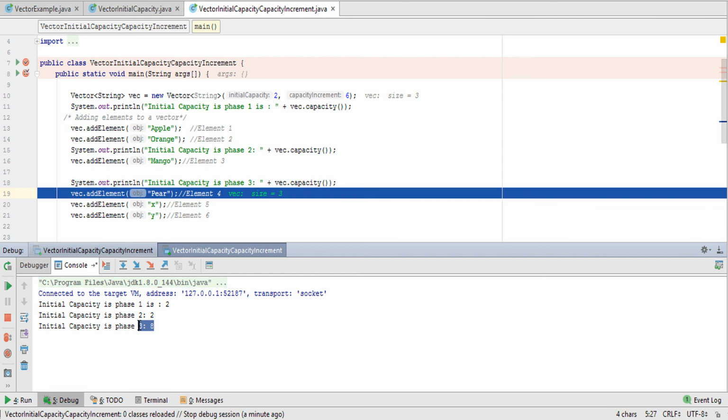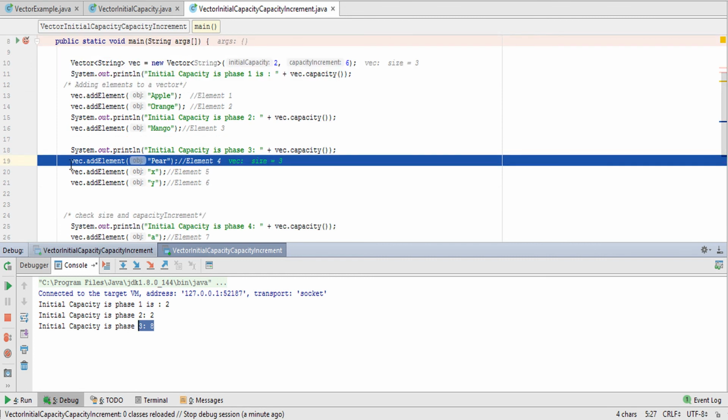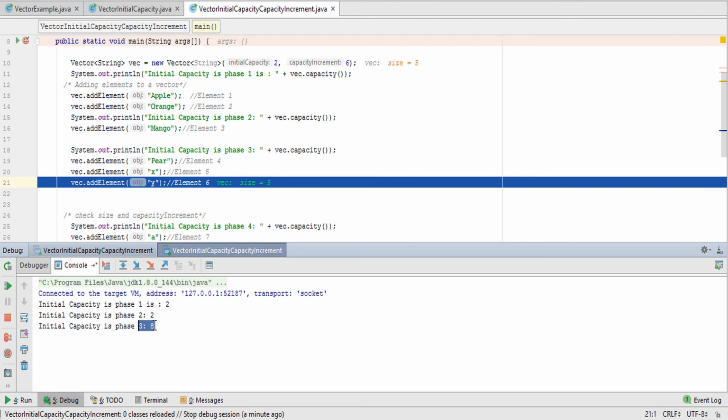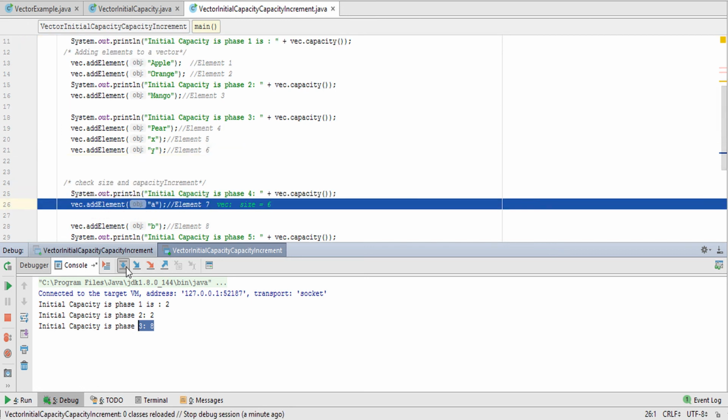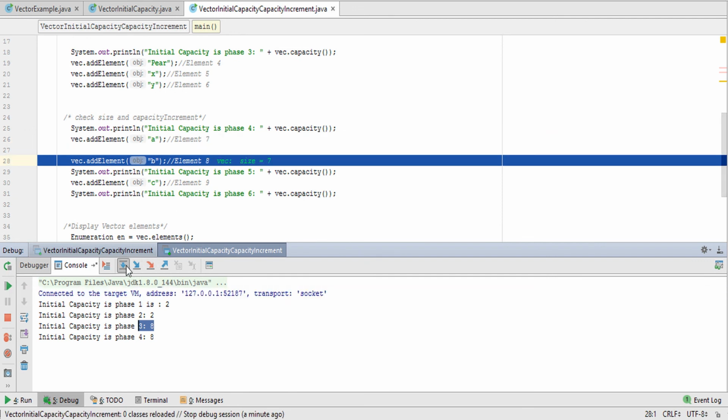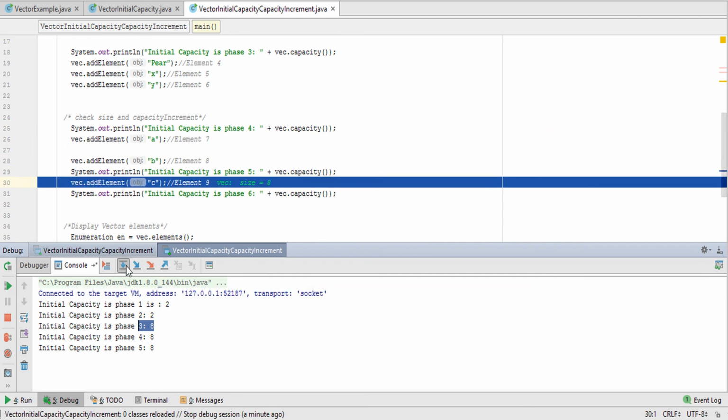After that, with the help of these three lines we are adding more elements, pear, x and y. The capacity is 8 and the size is 5, so it will not increase. Capacity is still 8, and let's insert b. Capacity is still 8.